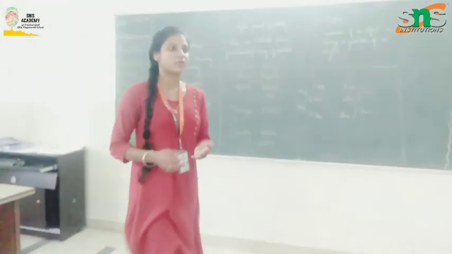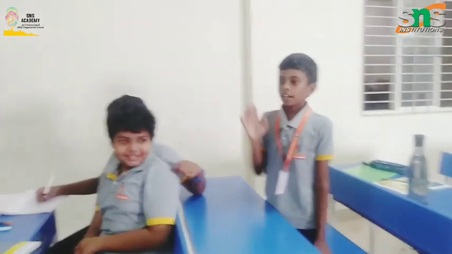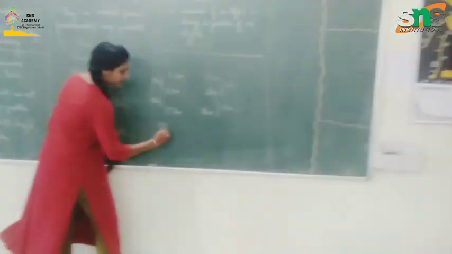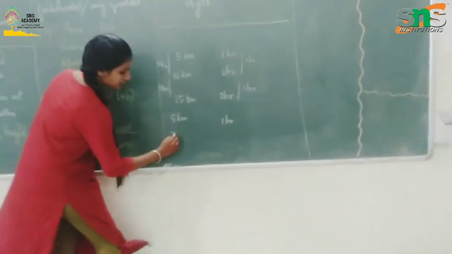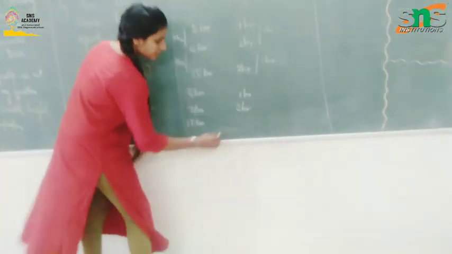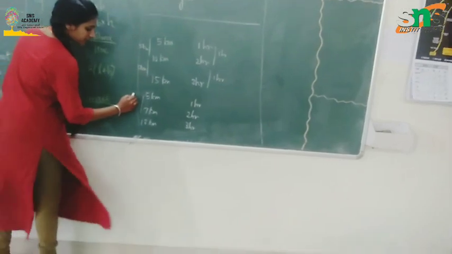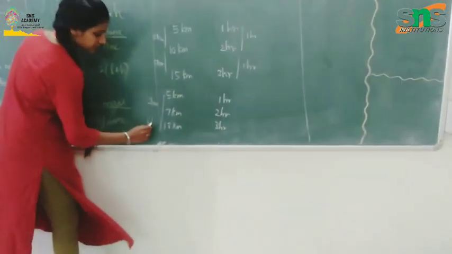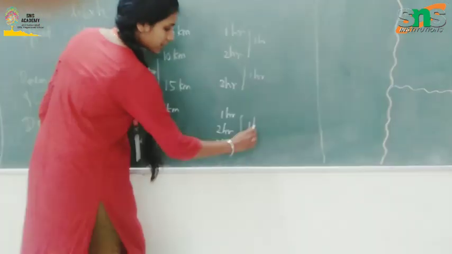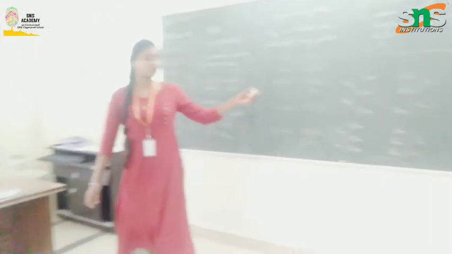The opposite of uniform motion is non-uniform motion. What is called non-uniform motion? Unequal distance in equal time. For example, if a car covers 5 km in 1 hour, 7 km in 2 hours, and 13 km in 3 hours. What is the difference over here? 7 minus 5 is 2. 13 minus 7 is 6. Here it is 1 hour, again 1 hour. So unequal distance in equal time is called non-uniform motion. For this only we are going to draw